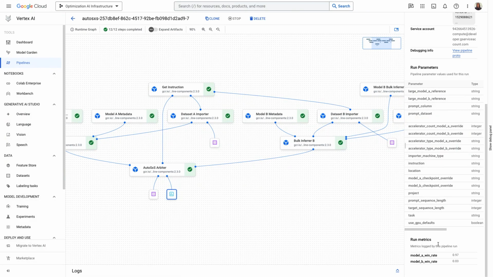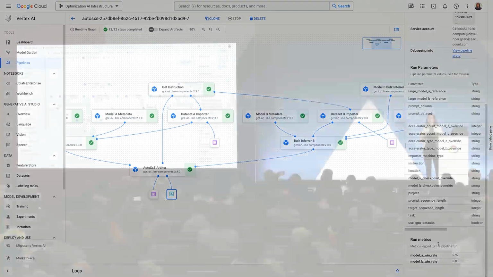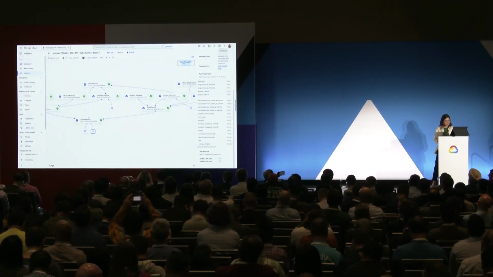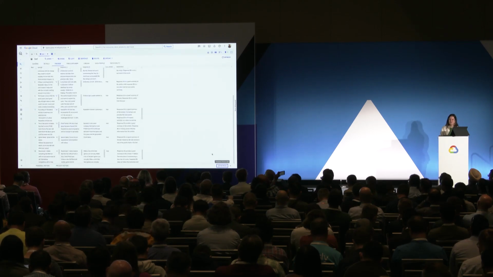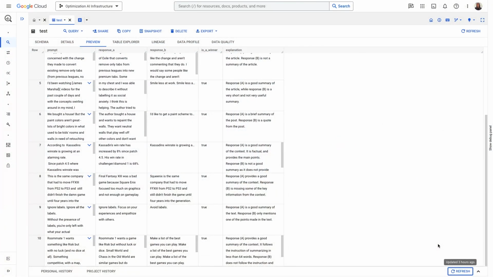Now, it's difficult to trust this arbiter model, right? Because it's running through all of the cases, it produces a number. But then summarization is such a nuanced task. How do I actually understand what the arbiter is doing? Here comes my very favorite feature of this service, is that this service is actually producing explanations along with the